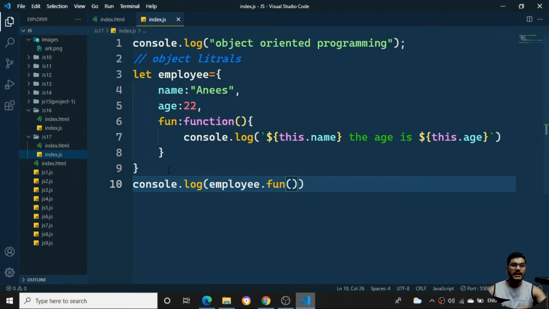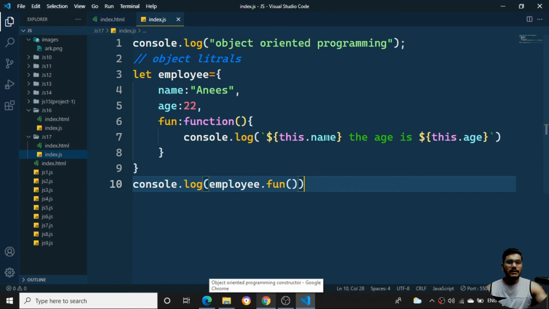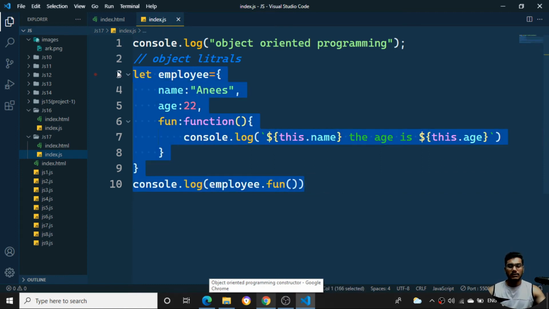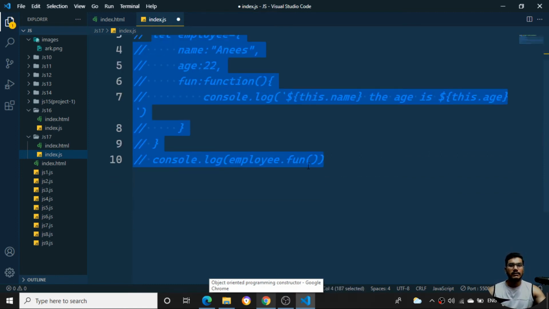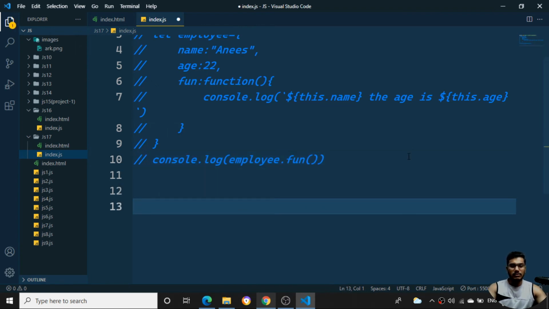Suppose you want to have 100 employees. If I say to create it, what you'll do is tell let employee1, let employee2, let employee3, like that, and you will keep printing on like that. So rather than going to this particular concept, we can go to the concepts of object oriented, where we can do it in a more relevant manner. So first we'll see a little bit about the constructor now.